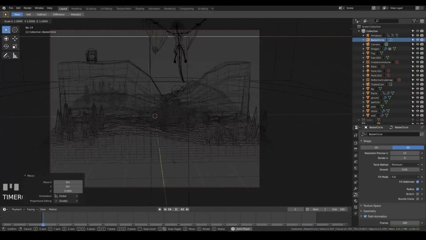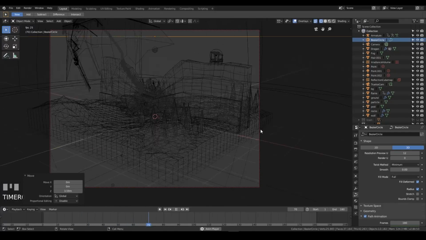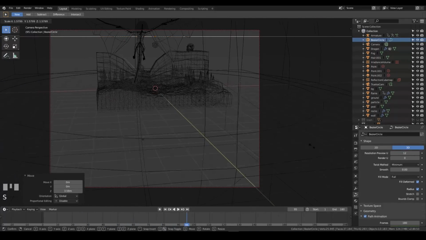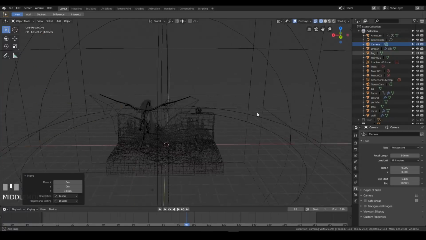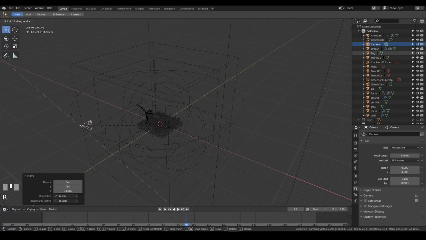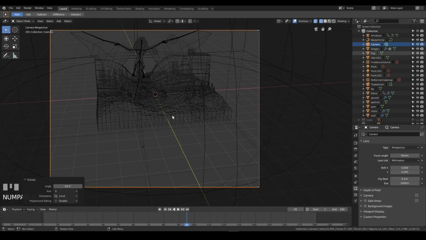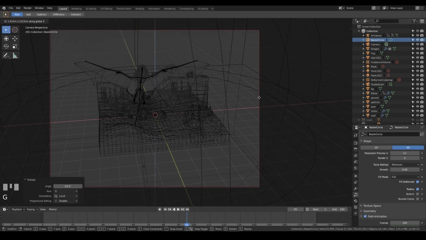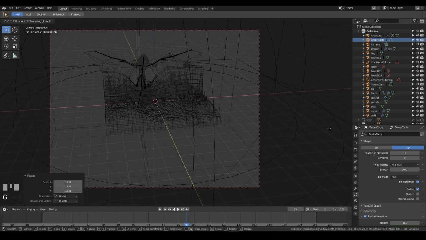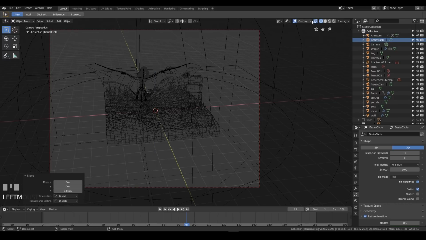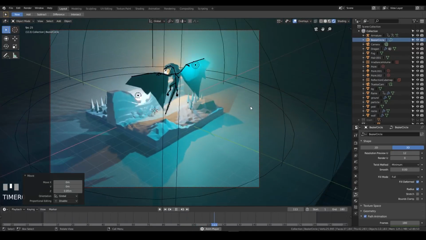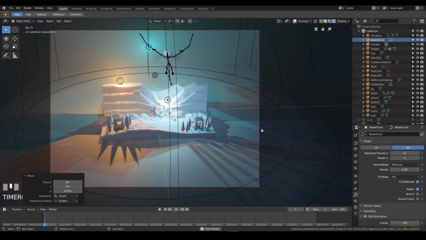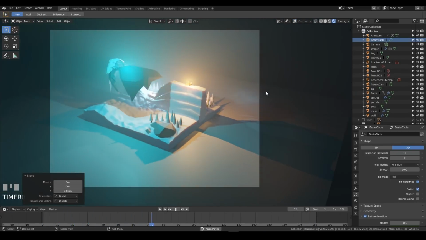And we can press S to scale, and we can scale this circle to move the camera away from the scene. Okay, you have to press the double X. Now the circle, bring it out, we need to scale it, and let's enable the render view so we see what's going on. Let's press play. I think that looks kind of cool,